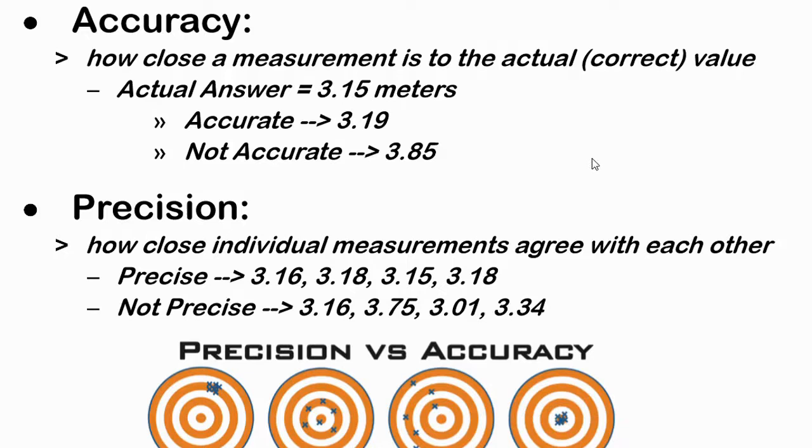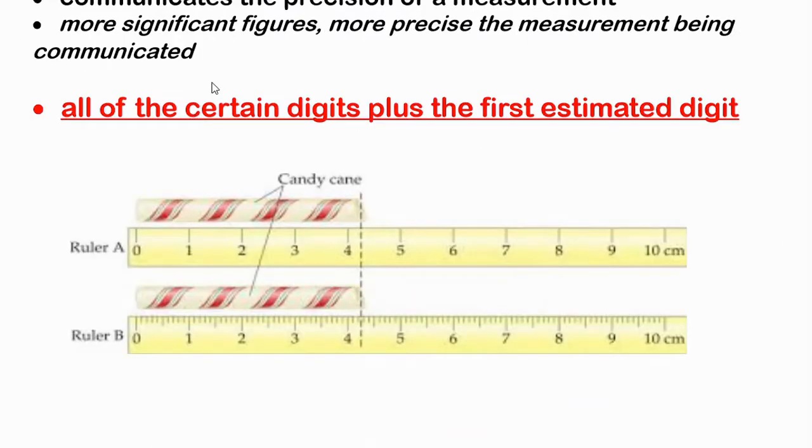Okay, so now that we know what those terms mean, let's talk about why we care about them, in particular precision. When we're making measurements, we need to communicate how precise our measurements are. And that's what significant figures do. So the number of significant figures that I write, the more precise I'm telling you that my measurement is. So if I write, for example, let's say 3, that is different in precision than